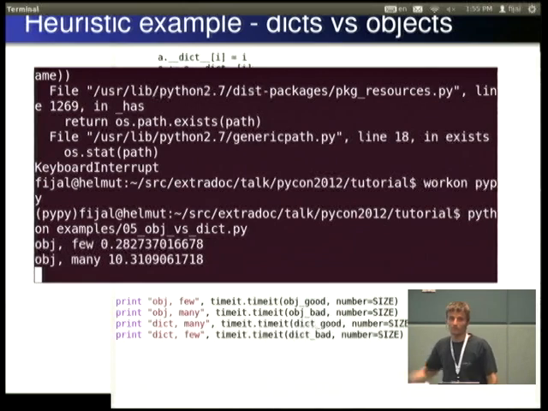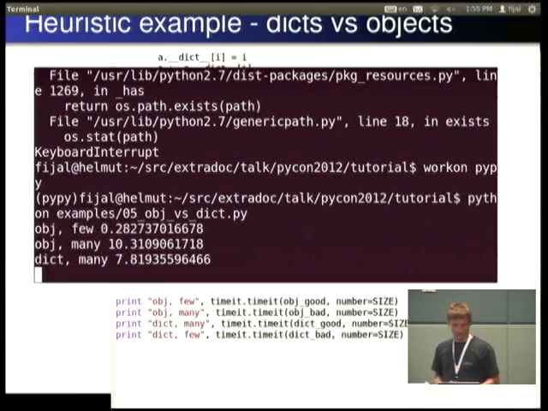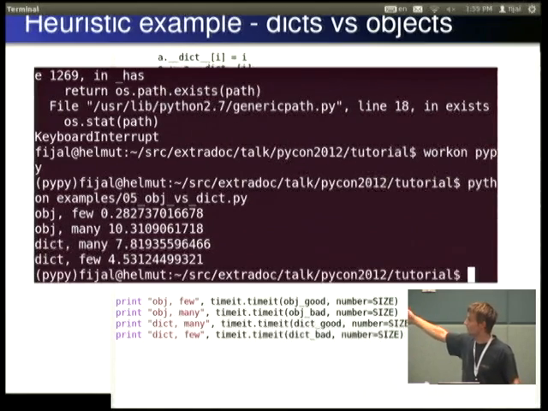If I run it for too long, my computer will shut down from overheating. Many keys in a dict is slightly faster than many attributes in an object, but the thing is the difference between using few in a dict and using few in an object. This is just an example of a heuristic, but if you have a constant or mostly constant set of small keys, you should use an object and not a dict, even if you don't know them in advance.